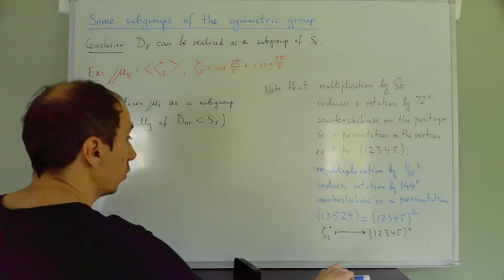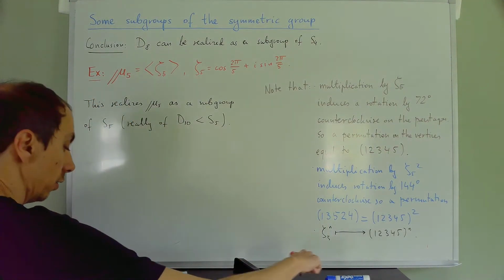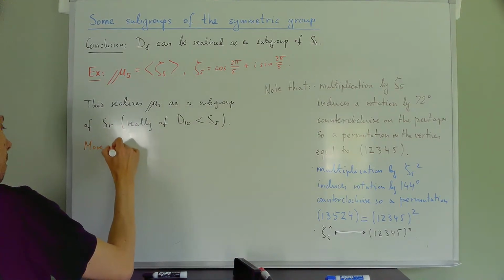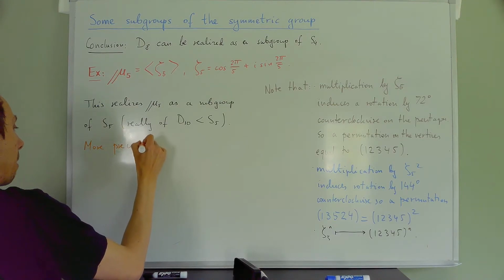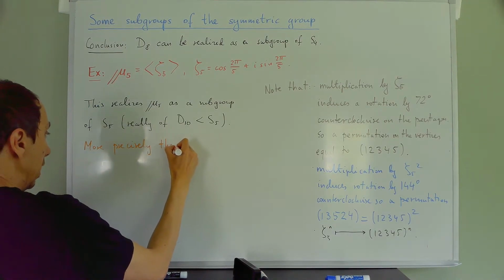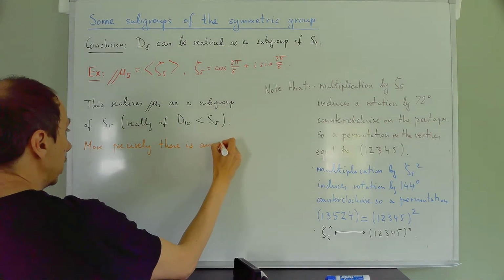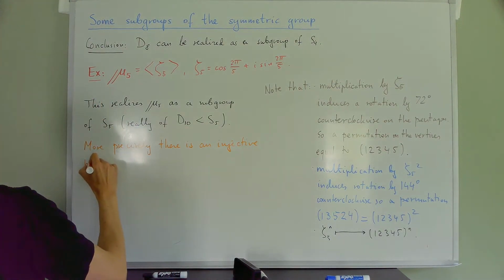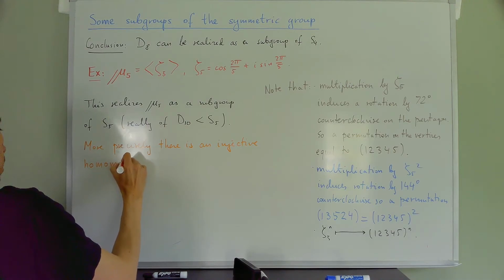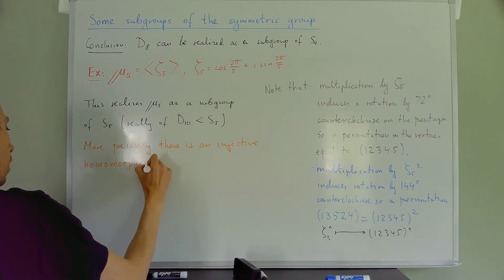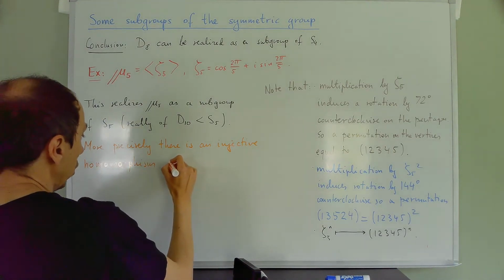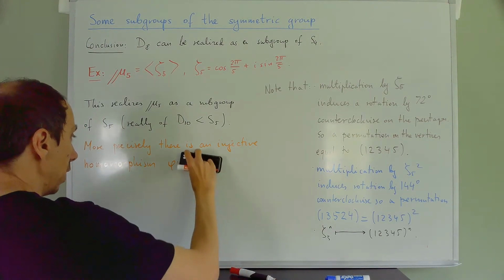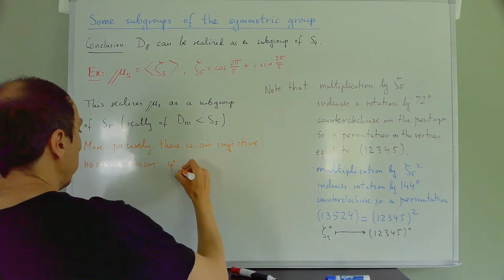So more precisely, there is an injective homomorphism, let's call it phi, from mu5